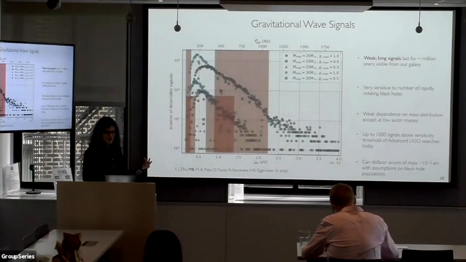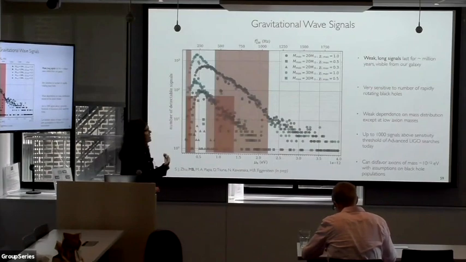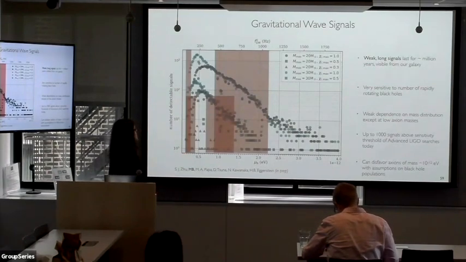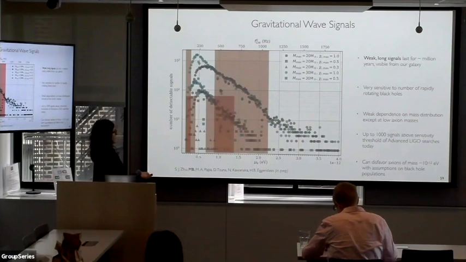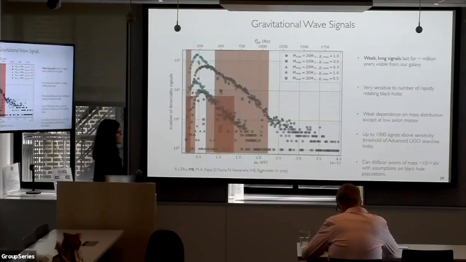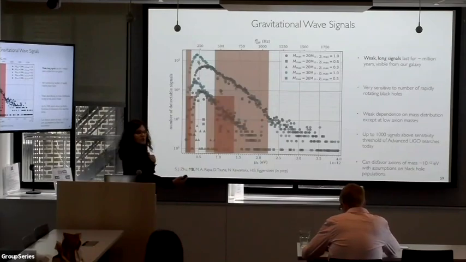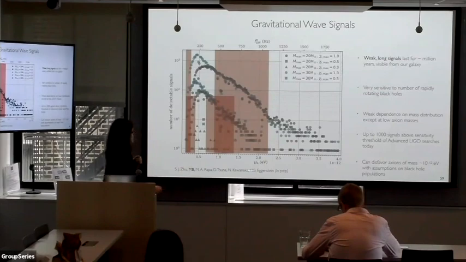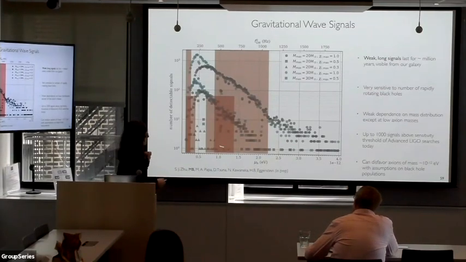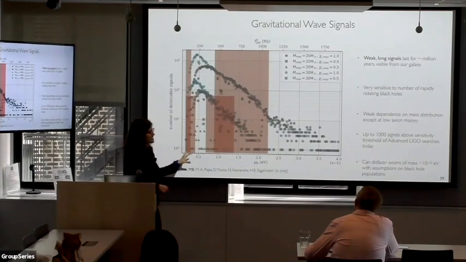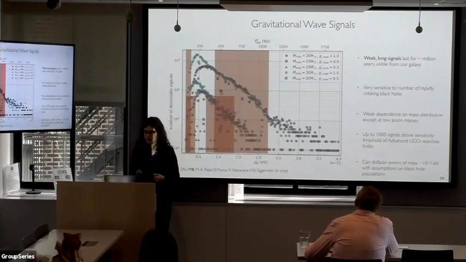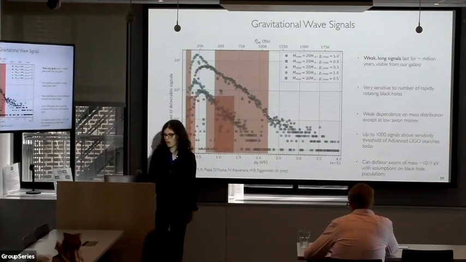Depending on your assumptions about the distributions of black holes in our Milky Way, about their overall number and spin distribution, you can use this to exclude some range of axion masses. For example, if you think that all black holes are rotating, or that black holes have a uniform distribution in spin from 0 to 1, you can exclude a factor of almost 10 in axion mass. If you think there's fewer highly rotating black holes, then you exclude a narrower range. So this is something that I think will be very interesting to quantify more as we learn more and more about black hole formation and the ends of stellar evolution.